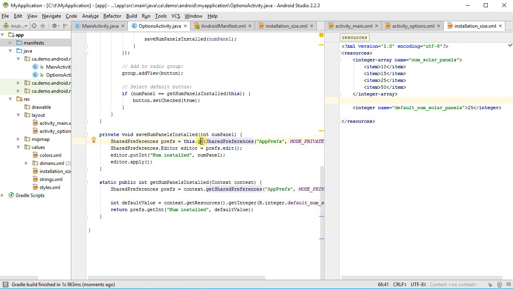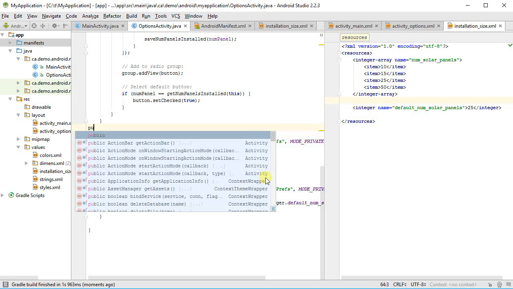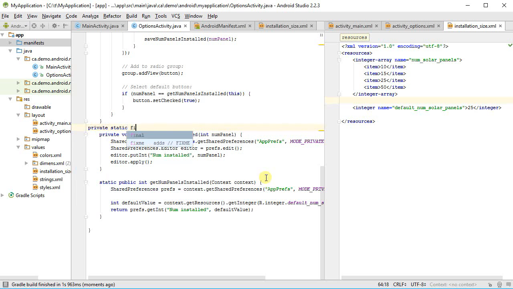Okay, and a couple of last housekeeping things I would do. I would change these here. I would extract these to be constants. So I'm going to extract here. Let's introduce a local variable. Sure, we'll start with that. Yep. That's not what I wanted. Get out of that. So I'm going to put in a private static final, and we're going to call it a string, and I'm going to name it something like